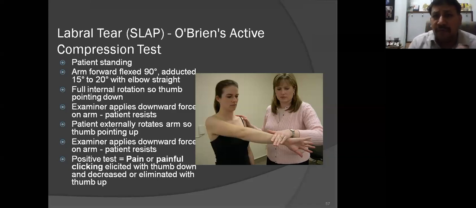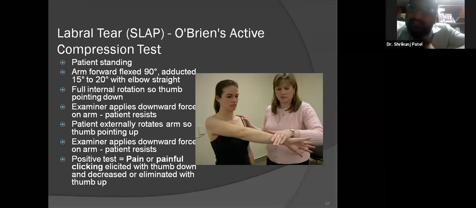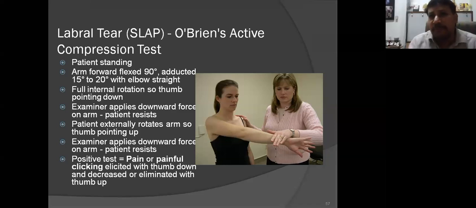For all of you who do not know what a SLAP tear is, you might go and read about it. But first of all, most clinical signs for SLAP tears are not very sensitive or specific. Most of the time you have to suspect a SLAP lesion based on the history of the patient and perhaps on an MRI, but the vast majority of SLAP tears are diagnosed on an arthroscopy. Is that clear, everyone? Yes, sir. So you must suspect it clinically, but we have very few signs or tests which are very sensitive or specific for a SLAP lesion.